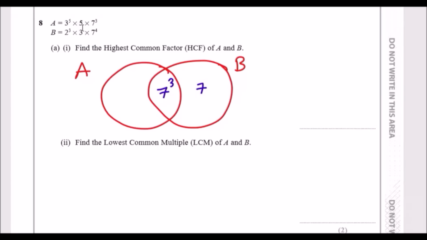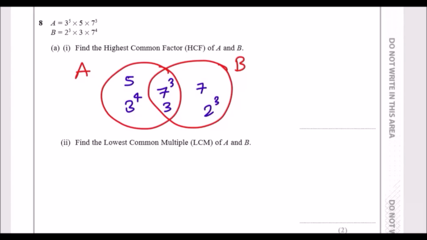Now 5, looks like only A has 5. 3, well, they both have a 3, so put it in the center. But then A has an extra 4 powers of 3. So B has only 1 power of 5, and A has 5 powers of 3. And lastly, what do we have? B has 2 to the power 3, and that's it. So we pretty much have everything. And therefore,